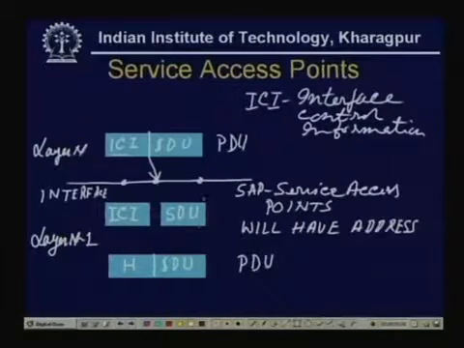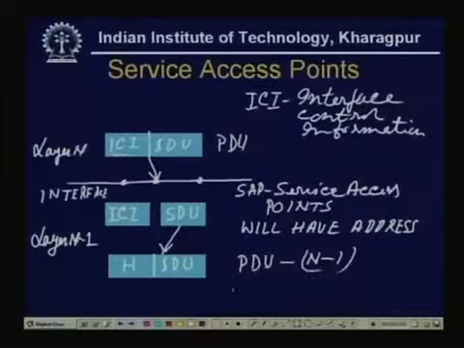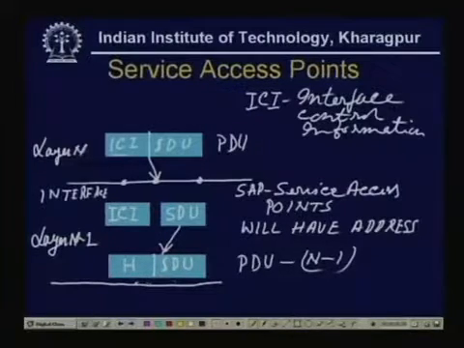So, after receiving this protocol data unit from the N layer through the service access point, layer N minus 1 will separate out the interface control information, take out the service data unit, put it in another protocol data unit. This is essentially protocol data unit corresponding to layer N minus 1, which will add some header. Then again it may send to the next layer through service access points. So, this is how the two adjacent layers, layer N and layer N minus 1, can communicate through service access points,